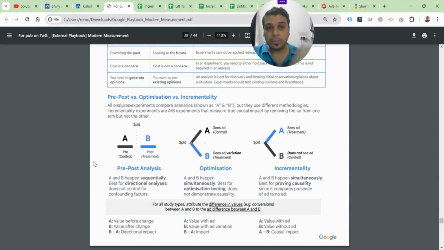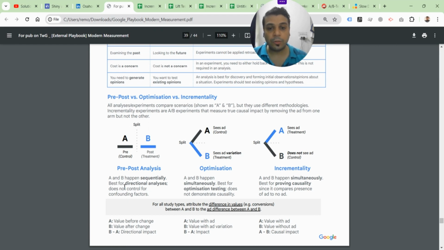So that is a post or treatment period, and this pre-post analysis is what Google here is rightly describing as a sort of sequential analysis, as you can see, because there are two periods, one after the other. The interpretation is going to be in the form of directional analysis rather than true causal